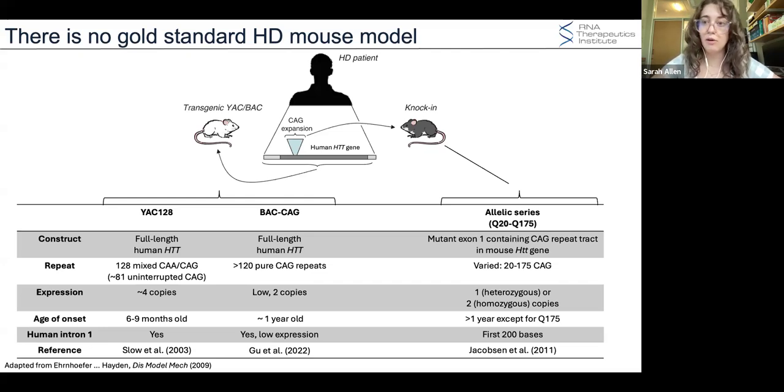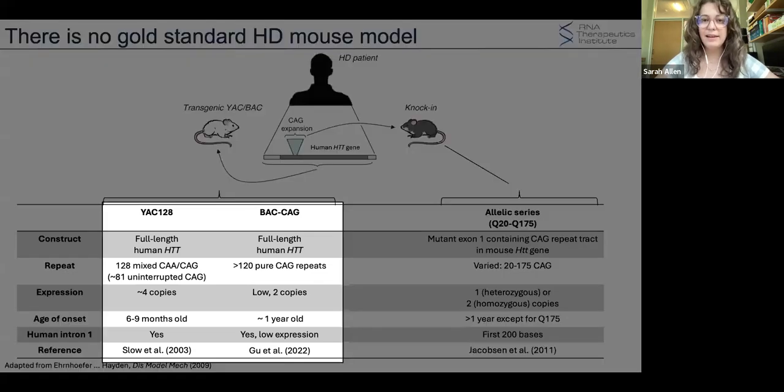And then they do also have humanized intron 1, but because of the low expression, we get very low levels of that HTT-1A alternative transcript. So it can be a bit tricky to measure at times. However, they do see some clustering, which is useful for the research we're discussing today. And again, I'd like to focus on these particular transgenic models as they are the subject of the paper we published.